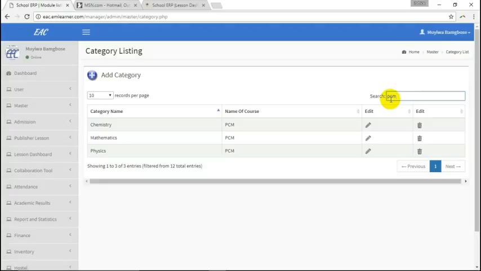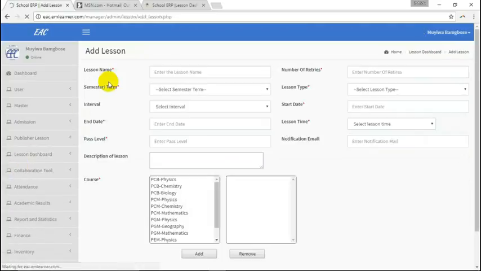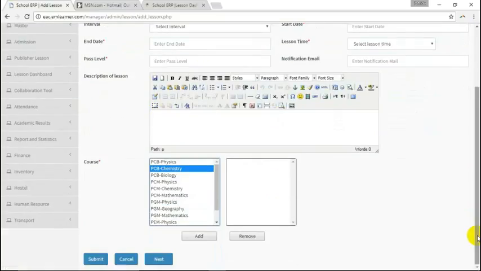So both of them will be able to work together. Supposing a teacher is creating content for the students, and that teacher teaches chemistry. We divide it such that you see PCB chemistry, you see PCM chemistry. Okay, there are two chemistries there. And so if this teacher is teaching the two classes, he will have the opportunity. This is the admin interface, so he will not have all the courses. He will only be assigned the course that he teaches.